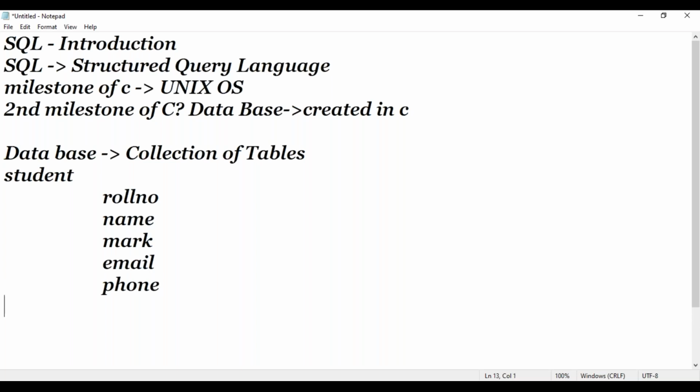Yes. So can you relate this structure with our C programming? What is this structure? Yes, it is a structure. They use structures to develop these tables. So what are the values? So for example,